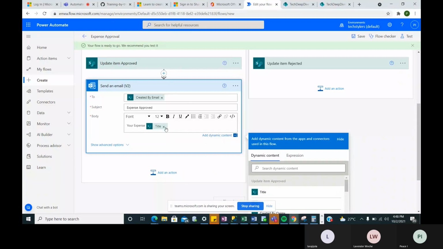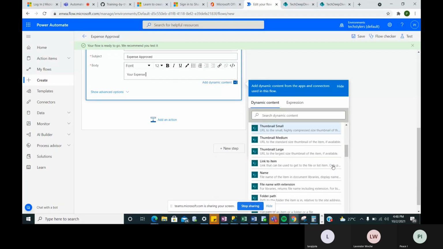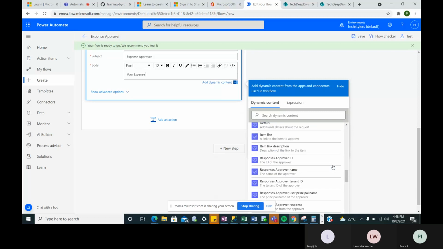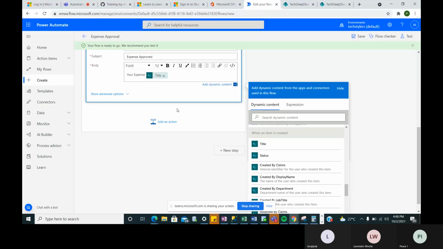Okay, so I don't want to use that from the update item. I want to use that from when an item is created here, title. So I'll put your expense that is going to show. So in the email it's going to send, it's going to actually show the title of the expense. So your expense that has been approved